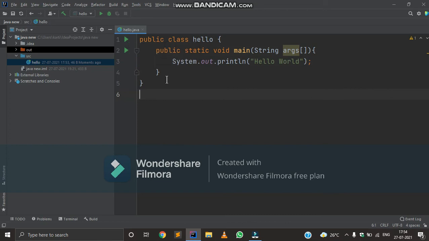For running a program in IntelliJ, you have to click on this triangle and then click on run hello main. The building of this project has started.